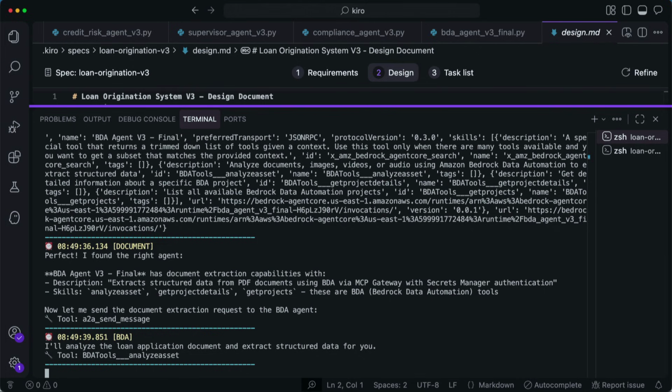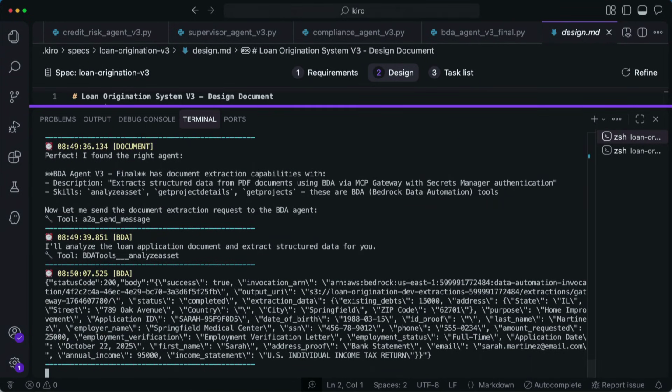It gave that information to the document extraction agent, which is now using a tool to communicate with Bedrock Data Automation to extract data. It will take a minute or so for the data extraction to come back. And I want to add that all of this is being done using the A2A protocol. That's the design pattern we chose for this solution, because it gives us the most flexibility